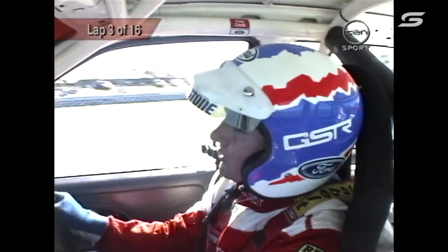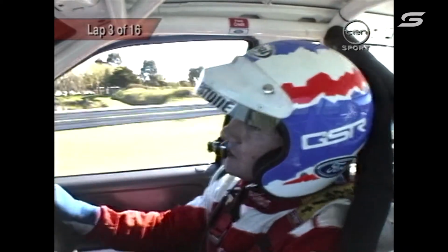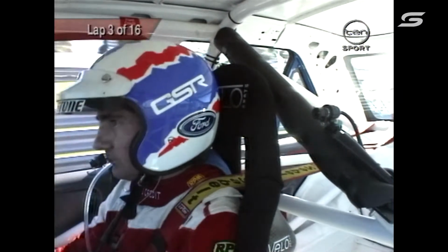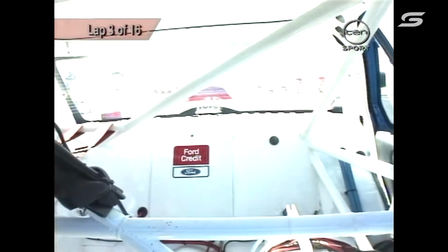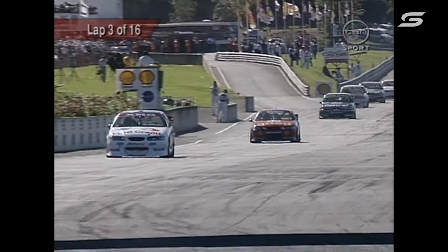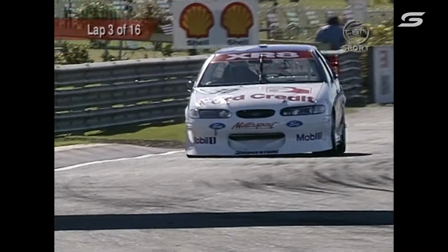It'd be interesting to see what happens with the Dunlops, because the Dunlops have been getting better and better, and we'll have to wait and see what the end result is. Glenn just having a little look down there, looking for his drink lead. He's hosed so we can get it up into his mouth and have a little bit of a drink. I'd imagine his heart rate would have jumped about 20 beats per minute higher than what it normally is in